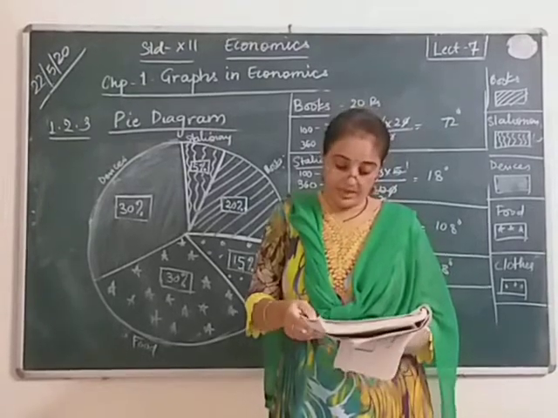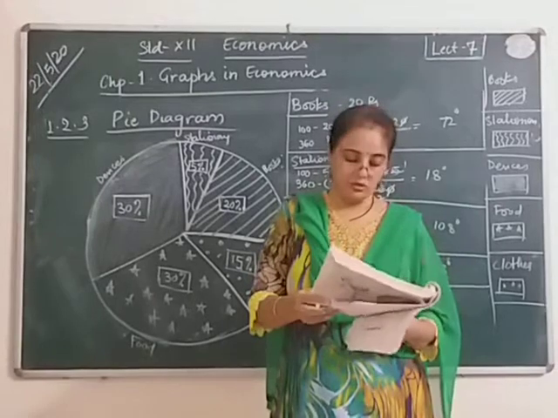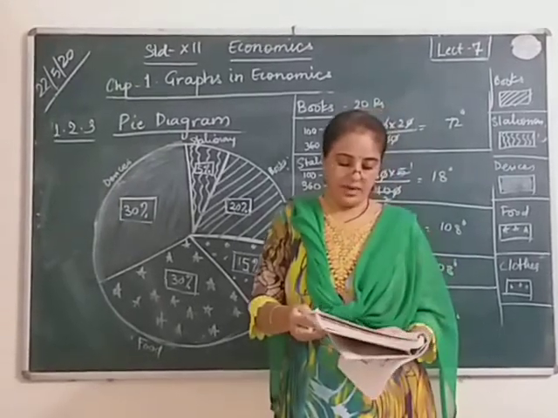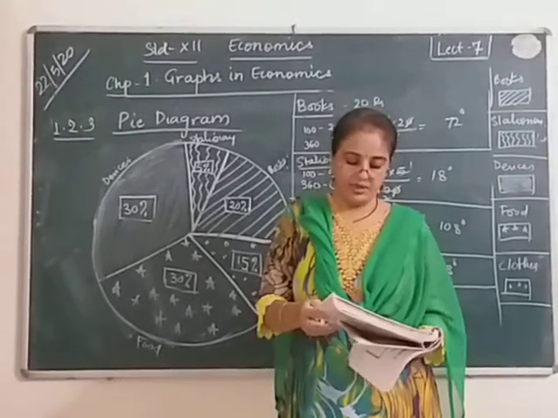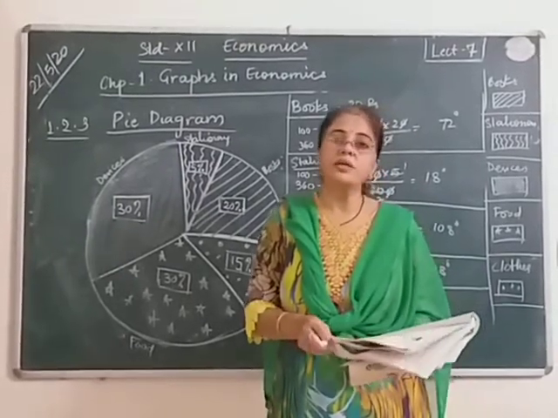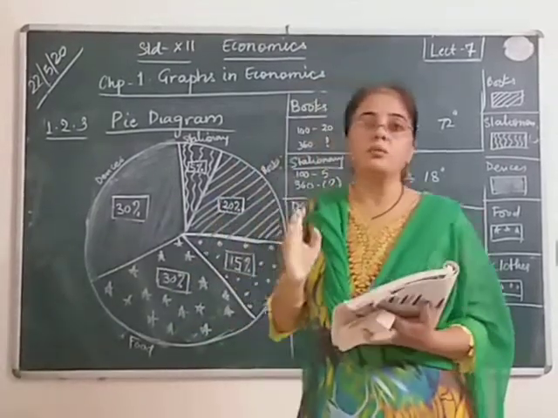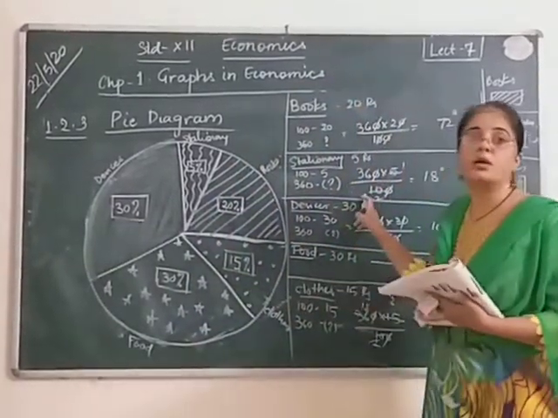So this entire one paragraph, these 3 lines total, would be for 2 marks. A pie chart, a pie diagram, is drawn for the similar type of data for which a bar diagram can be drawn. So it can be for any data. So here they have taken the total amount that the student spends as 100 rupees.